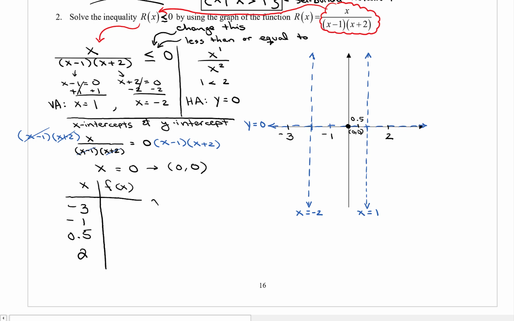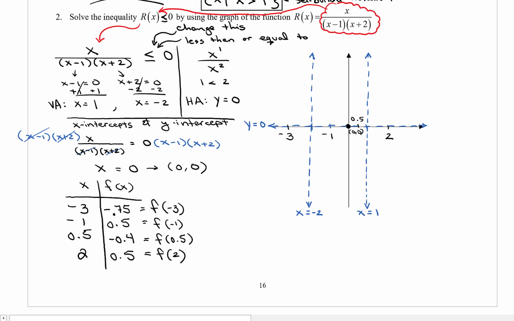I'm going to just go ahead and do this on the calculator, and I'm just going to write in the answers, okay? I know you guys already know how to do this. So you're going to basically find f of -3, f of -1, f of 0.5, and f of 2. All right, go ahead, do it in your calculators. If you need to push pause, you could do it yourself, but I'm just going to write the answers. -0.75, 0.5, and then we got here